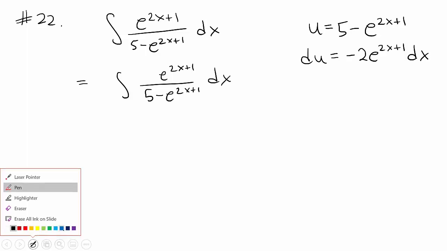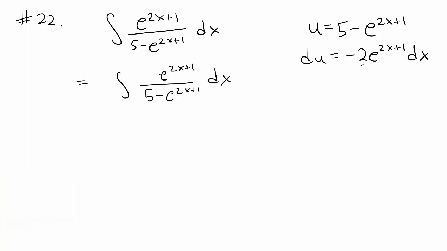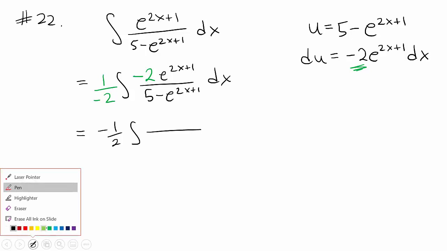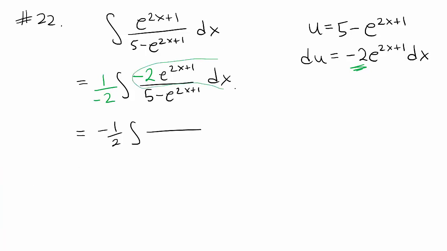So I'm going to go ahead and fix that, just off by that negative 2. So I'm going to multiply the inside by negative 2 as long as I divide somewhere by a negative 2. Then I'm ready to do a substitution. So I have negative 1/2 on the outside there. And then all of this gets replaced with just a du, which I'm going to put off to the